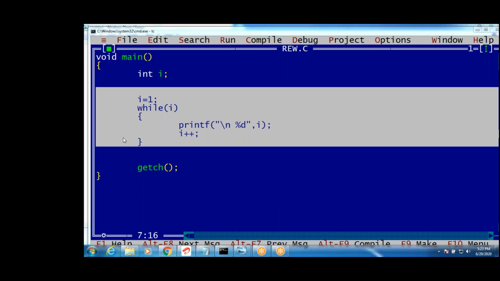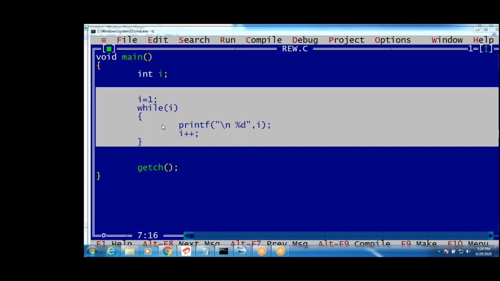When is it false, guys? While of 0 is false. Other than 0, it's true. Do we get 0 or not? Do we get 0 or not, guys? While of 0. 1 to 32,767. After that, again negative values come, right? Minus 32,000 to again 0 we will get. Whenever you get a 0, then it stops.